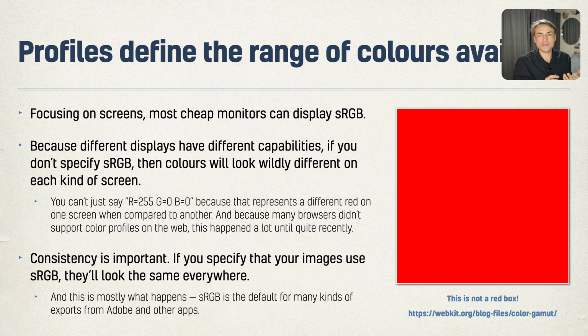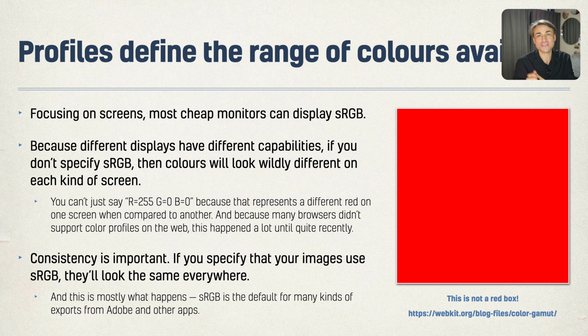And a lot of browsers on the web didn't support color profiles, so this happened quite a bit. And so here's the big test. If you look at this box and you see a solid red block, then that means that the recording wasn't using Wide Gamut, and YouTube didn't display this in Wide Gamut, and or your screen is not Wide Gamut, which is why you want to grab that PDF I linked to earlier, and I'll link underneath the video as well,